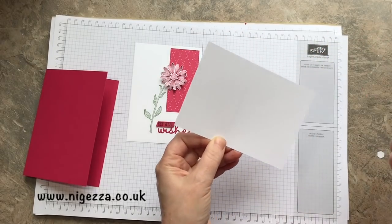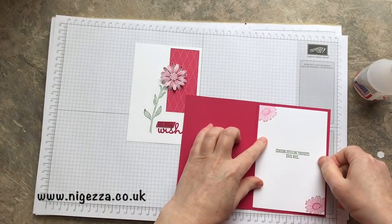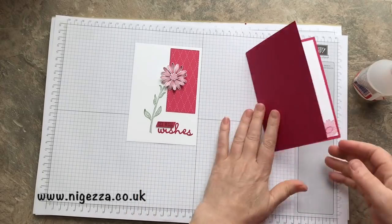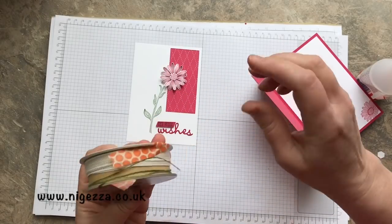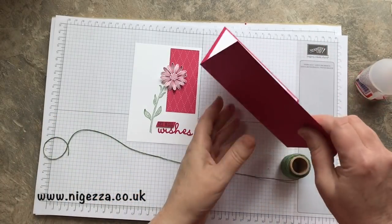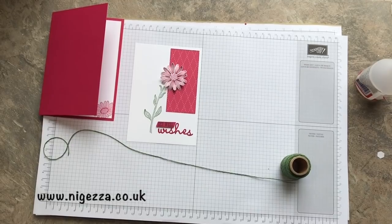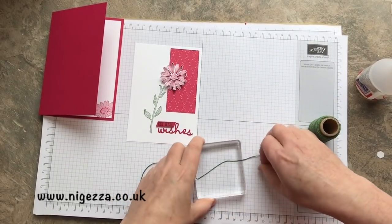And I am using a bit of retired twine because I didn't have enough of the Mossy Meadow baker's twine. So we've got a duo pack where you get this ribbon and this twine together, but I've only got a little tad of it. So I've got some garden green twine here, so I'm going to use this. Obviously if I'd had the Mossy Meadow, I would have stamped it in Mossy Meadow. So I'm going to do this little trick of tying a bow around a block,